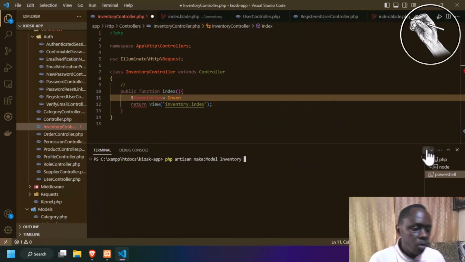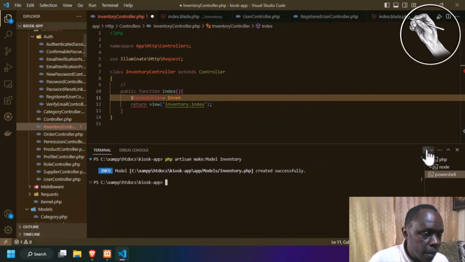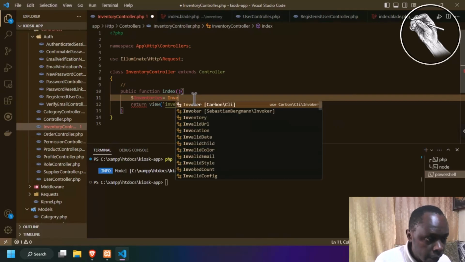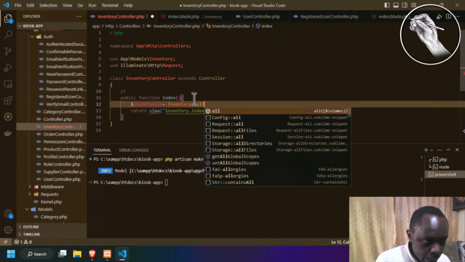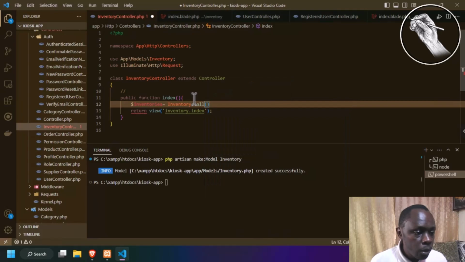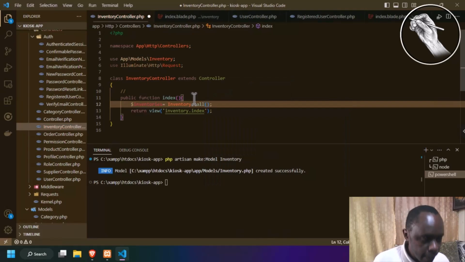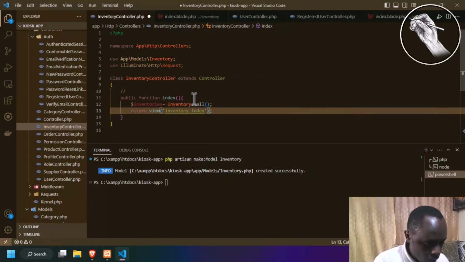Inventory model. So you just hit that, and then you're going to have an inventory model. And now I'm going to do this inventory model all. Basically it's going to say all. We have not created a database, and when you want to pass it, you just do compact